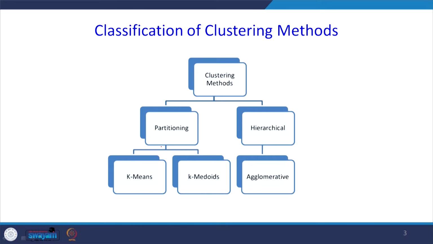In partitioning, there are two further classifications: k-means and k-medians. In hierarchical, there are two methods: one is the agglomerative method, another is the divisive method, which we will explain when I am explaining the hierarchical method. In this lecture we are going to discuss k-means clustering.